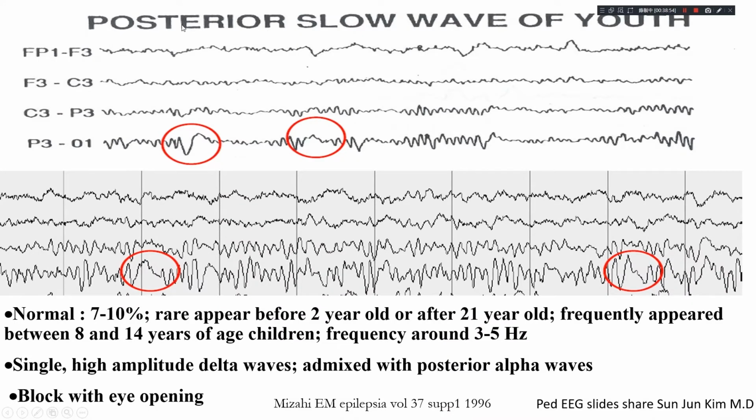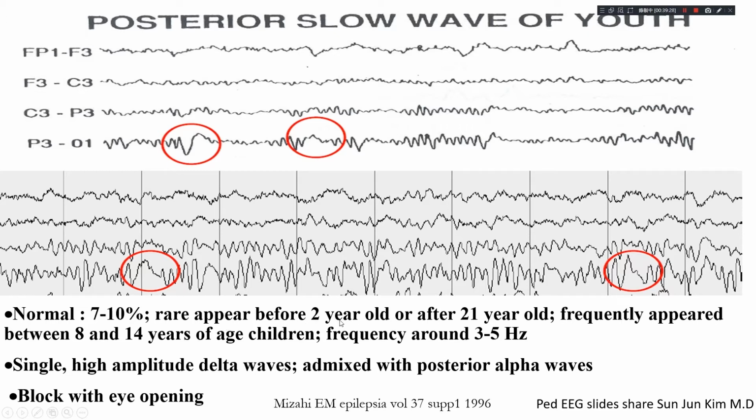In young children and youth, we will see many EEGs with posterior slow waves of youth. When they are awake, we will see the background alpha activity intermixed with some slow waves. This is posterior slow wave of youth, which is normal. Again, you can see here and here. And it appears